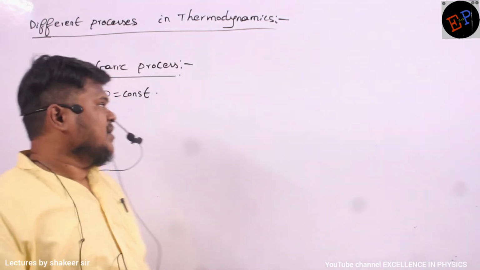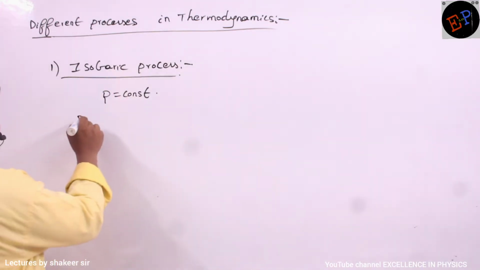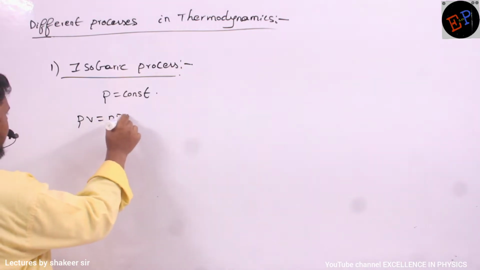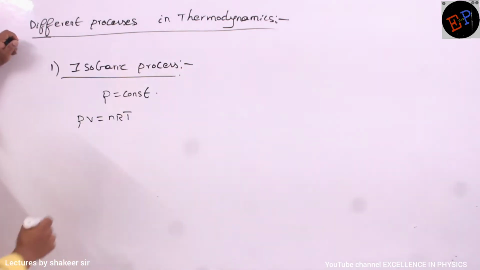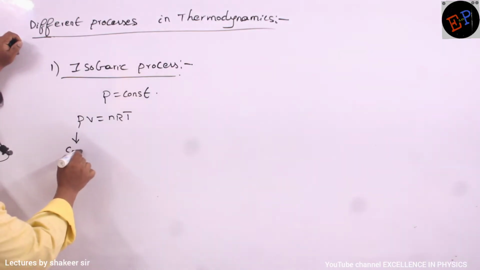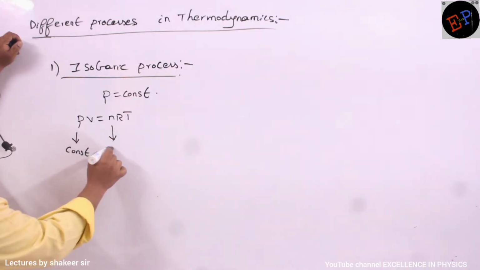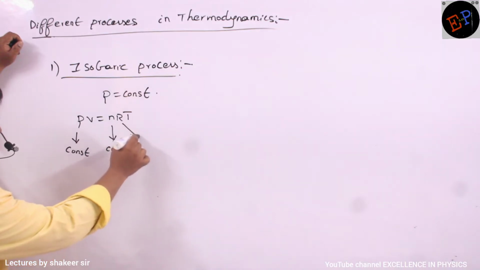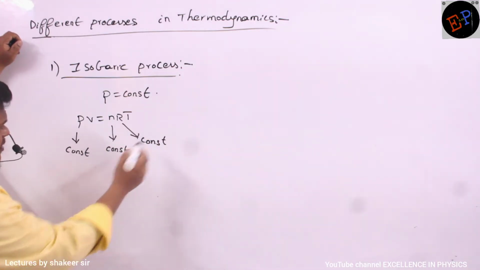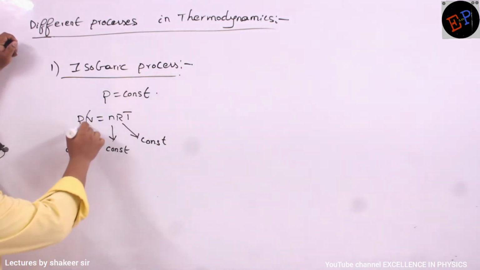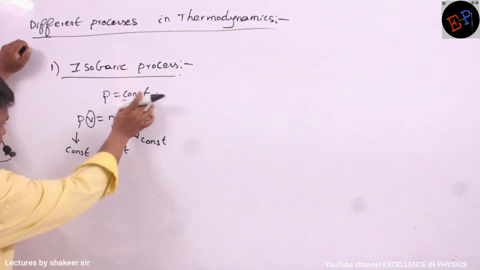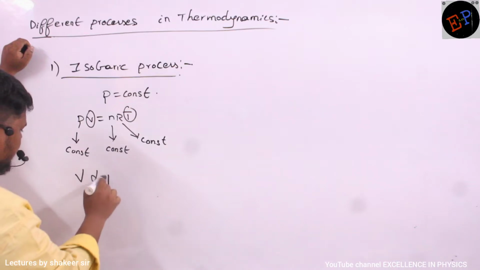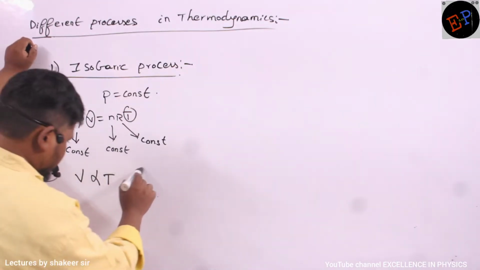Pressure is a constant. If I take the ideal gas equation, PV equals nRT, which values are constant and which are not? Pressure is constant, number of moles is constant, and the R value is also constant. So what are the variables here? Volume and temperature are the variables. Therefore, if pressure is constant, volume is directly proportional to temperature. This is also called